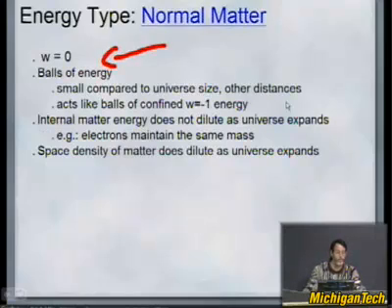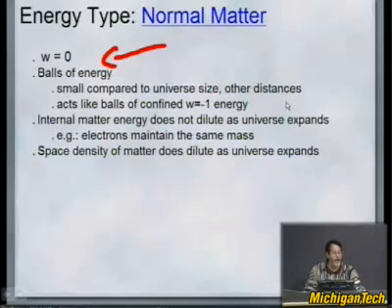Normal matter, it's the stuff we're regularly used to. Pressure-free, W is equal to 0, because the pressure of normal matter is 0 compared to everything else. So this is the kind of stuff we used to think the universe was completely made out of. This is now not a dark matter. Now we're into the regular kinds of matter. Sometimes you can think of them as light matter. So protons, electrons, they're all this kind of normal matter.